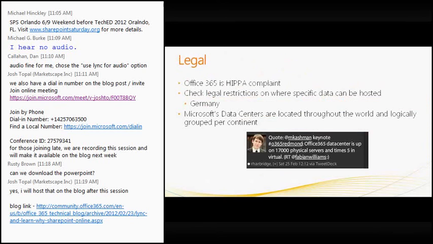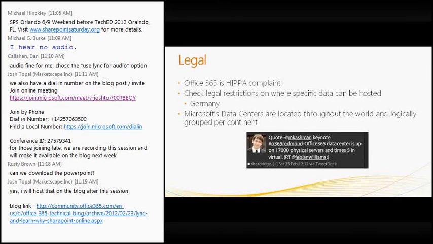Some of the legal matters that get brought up about SharePoint Online, well, it's in the cloud. I always say Office 365 is HIPAA compliant. If you're not a HIPAA compliant organization, then I think you're going to be fine. Many people strive to get HIPAA compliant, and I've been on projects where they've worked tremendously hard on that. So just out of the box, having it be HIPAA compliant should take care of about anything that you should need here in the United States. Now, as you move globally, you could have some legal restrictions. I know that Germany does have some restrictions, and also some other countries, about where the data is hosted. So make sure that once you're looking globally, you have that under consideration.